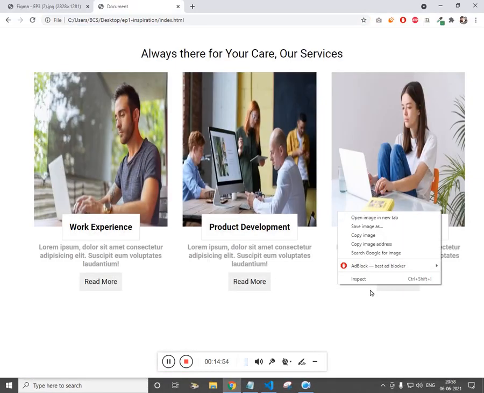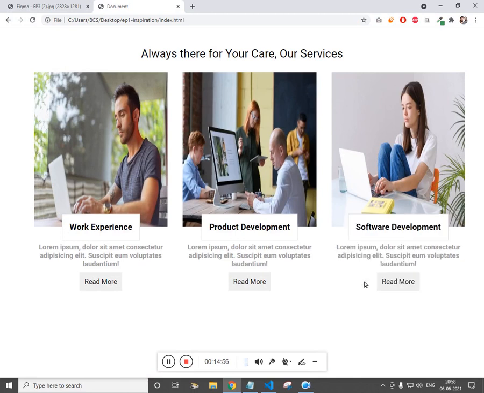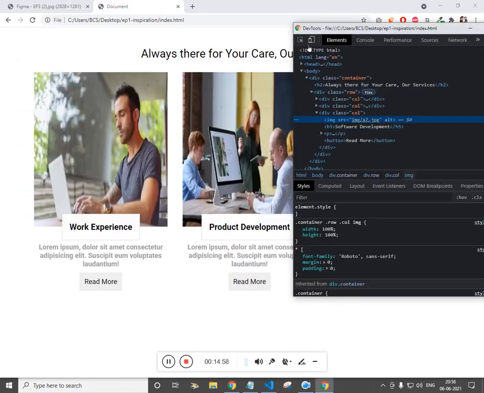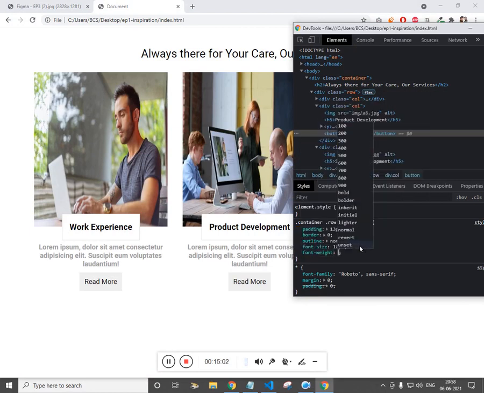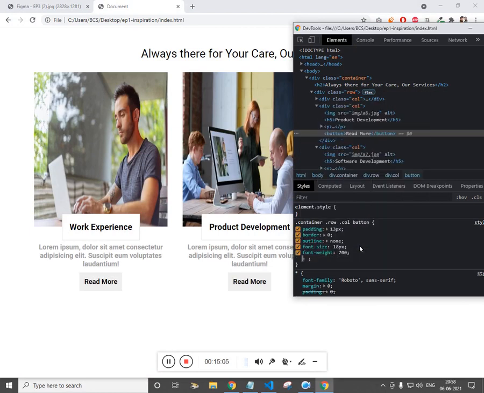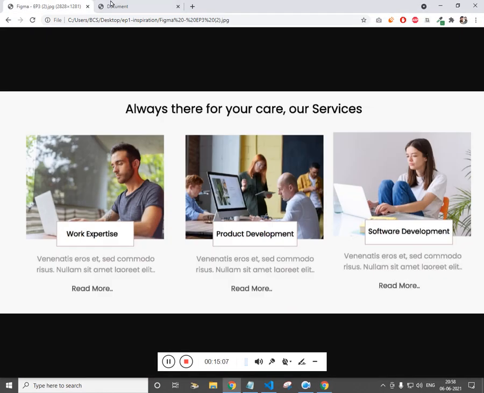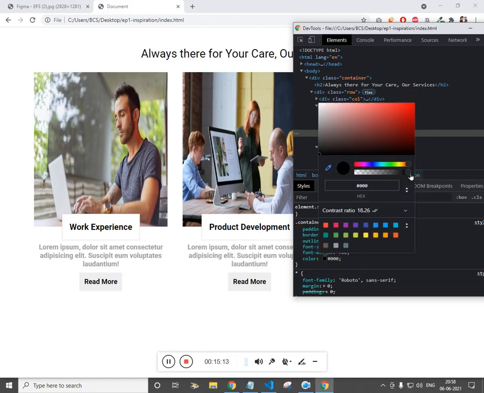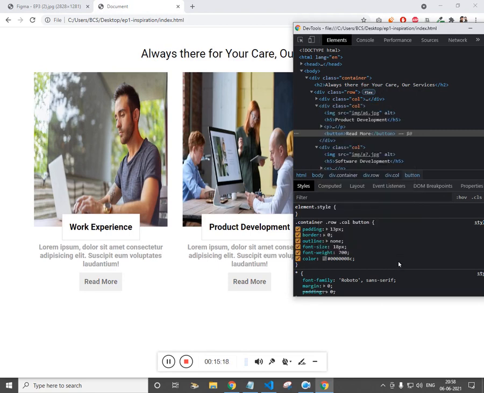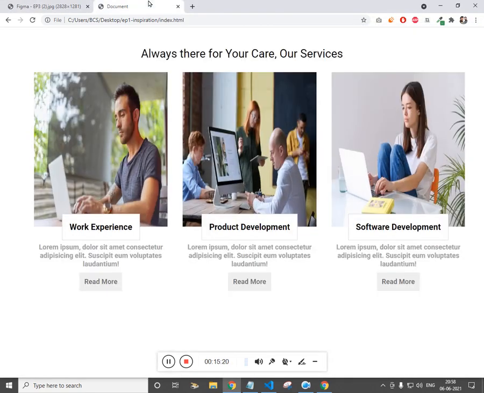I think I have closed it. Increase the font weight, let's say 700. We need to change the color, make it dull by making it transparent. Cool. And that's alright.